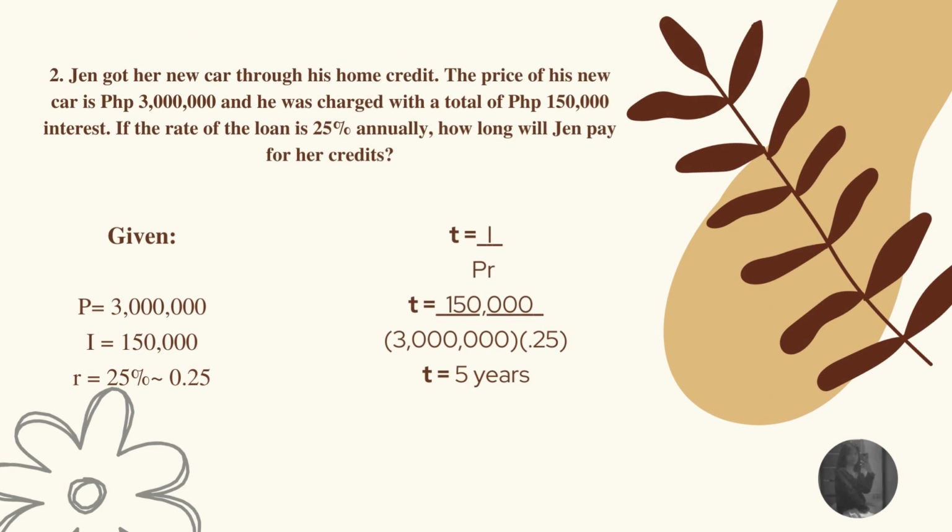So for the second example, Jen got her new car through her home credit. The price of her new car is 3 million and she was charged with a total of 150,000 interest. If the rate of the loan is 25% annually, how long will Jen pay for her credits? So kagaya ng ginawa natin kanina, ilist down lang natin yung given. So first is the principal amount or loan, 3 million, and then interest 150,000, rate is 25% or 0.25. For the solution naman, ang formula lang dito ay